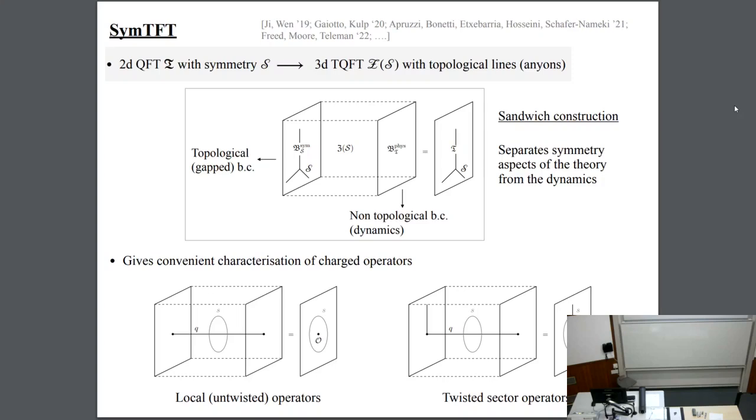This is what's called an untwisted operator. But in principle, we can also have twisted sector operators, which are operators attached to symmetry lines. These are the type that Laksha described, for example, for Ising. And this happens when these topological lines completely end on the physical boundary, but don't really terminate on the symmetry boundary, rather it remains a non-trivial topological line on the symmetry boundary. So in this fashion, we can also characterize operators that are charged under the symmetry.